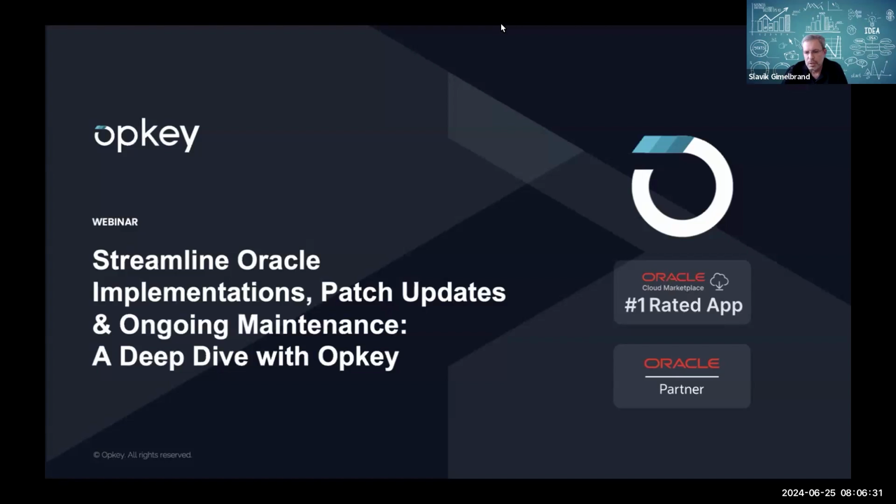This is only the introduction session. After the session, we will contact each one to check if you would like to continue for a one-on-one session to know more about the tool, to see how it can fit your needs in your specific organization. But this will be the next step, and I don't want to take more time from the Opkey team. So guys, the stage is yours, and you're welcome to continue.